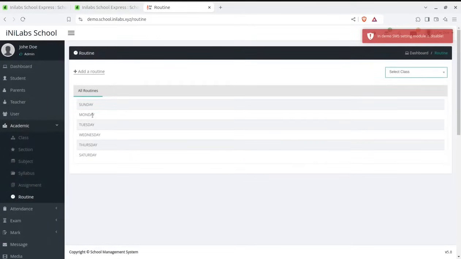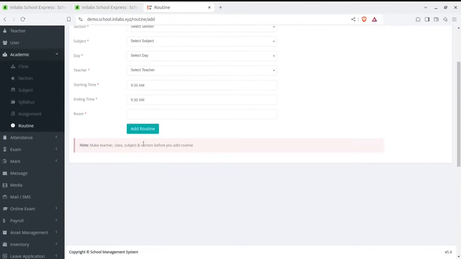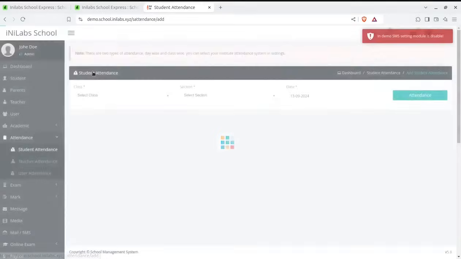So Sunday, Monday, Tuesday, Wednesday. So add routine options are here. So we can select the year, the class, section, subject, day, teacher, starting time, ending time, and room, and we can add routine. In the attendance module, we have a student attendance management system, like we can add a student